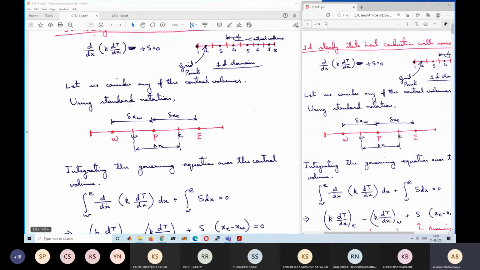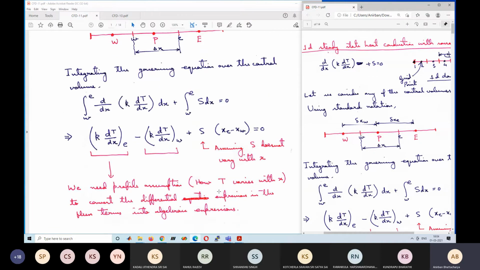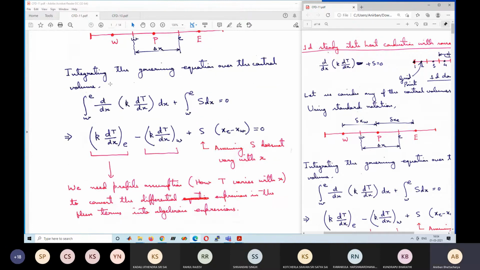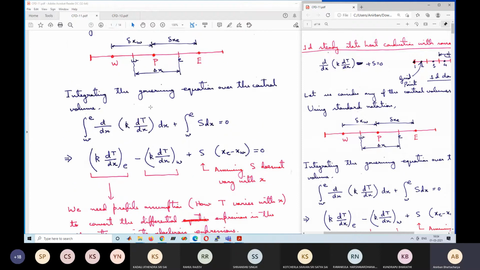So from small w to small e, d/dx of (k dT/dx) dx, along the length x, plus the integral from small w to small e of S dx equal to 0. Integrating this equation from west to east, which is the extent of the control volume. Now this can be written as k dT/dx at east, at this point, minus k dT/dx at west, at this interface, plus S into,